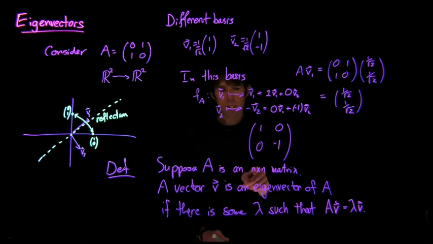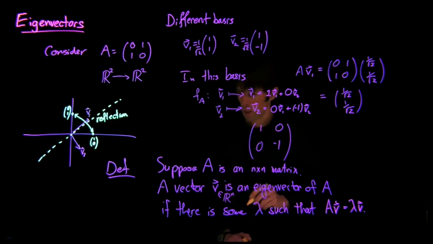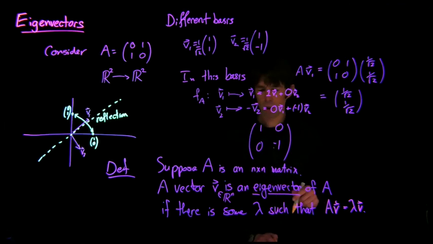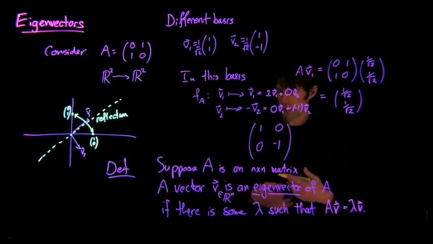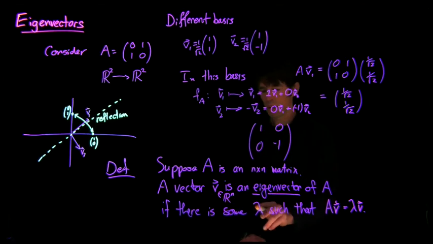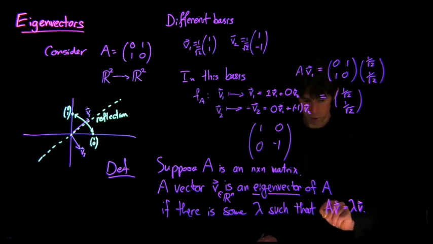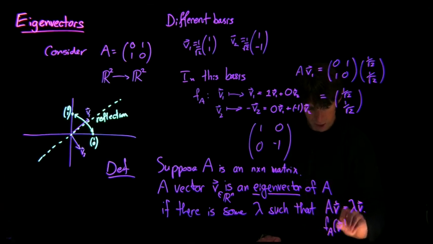If we have a matrix A which is n by n, and we have some vector v, which is sitting inside, say, R^n, we say that this vector is an eigenvector. Eigen is the German word meaning self, or own, as in one's own, oneself. So an eigenvector is a kind of self vector. v is an eigenvector of this matrix A if there is some scalar, lambda, some number, such that this matrix times this vector, which is the same thing, recall, as the associated linear transformation function acting on this vector,